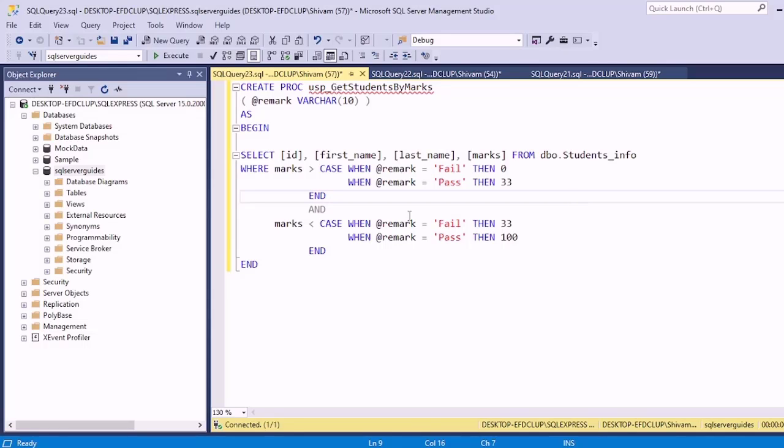So here you can see we have used this where clause, and then we are basically having one condition where we are checking where marks are greater than the case. And case, if we have specified the remark as fail, then the case will be 0. So for the very first condition, if we specify fail, then it will check whether the marks are between 0 and 33, and it will return only those records which are in between these two values, which is 0